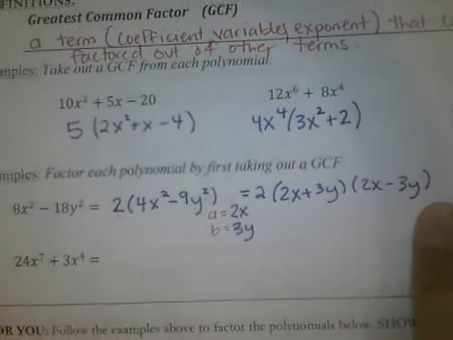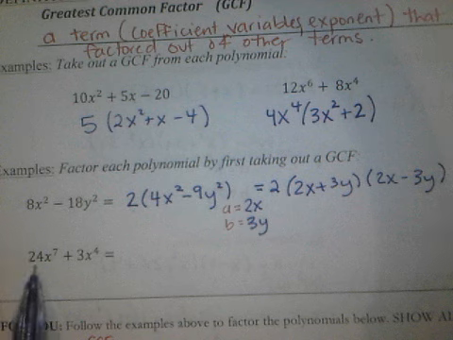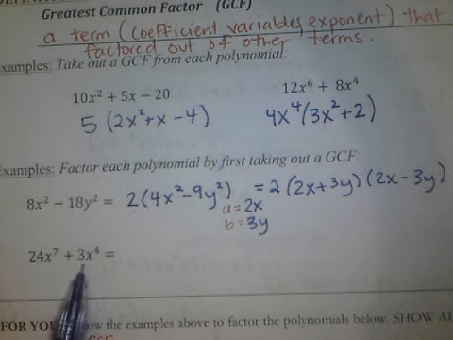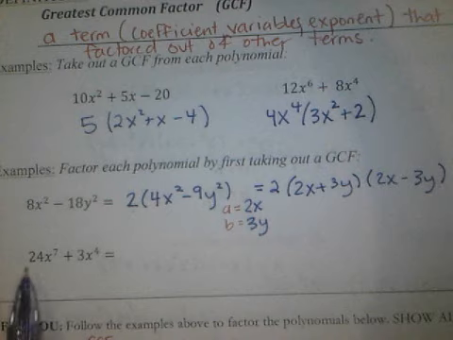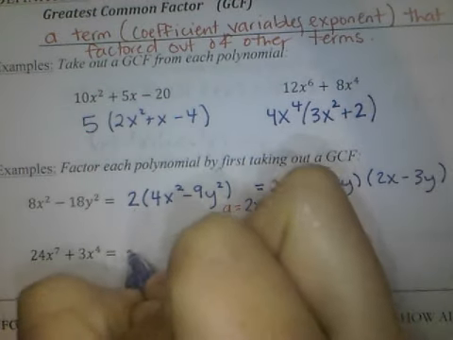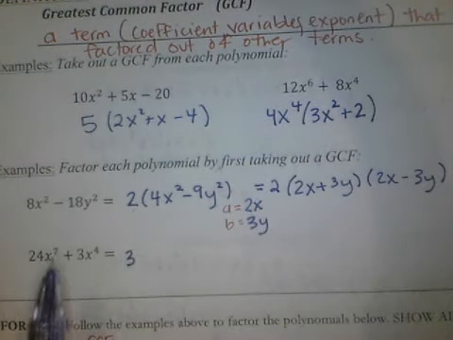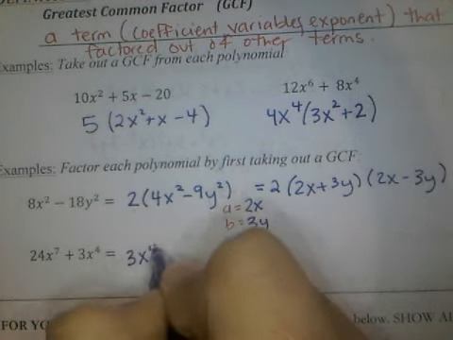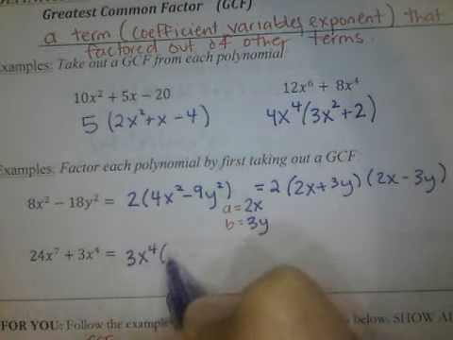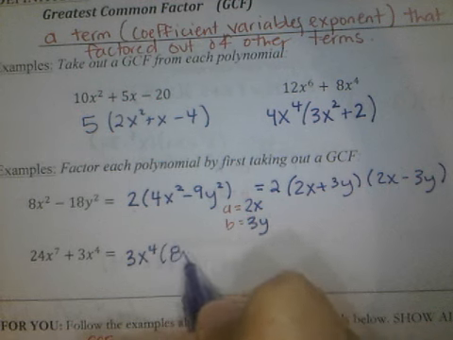Let's do one more example. Down here, 24x to the 7th plus 3x to the 4th. Well, these exponents don't look like perfect squares or cubes. But let's take a GCF and see if it looks any different afterwards. First of all, 24 and 3 can both be divided by 3, so we'll take out that. And then I can also take out x to the 4th from both of these terms, which leaves me with 8x cubed